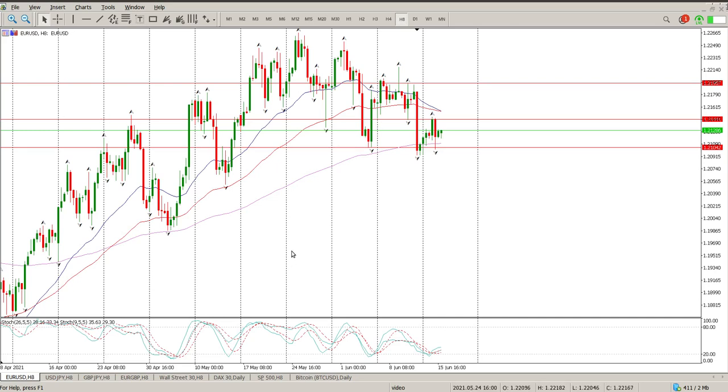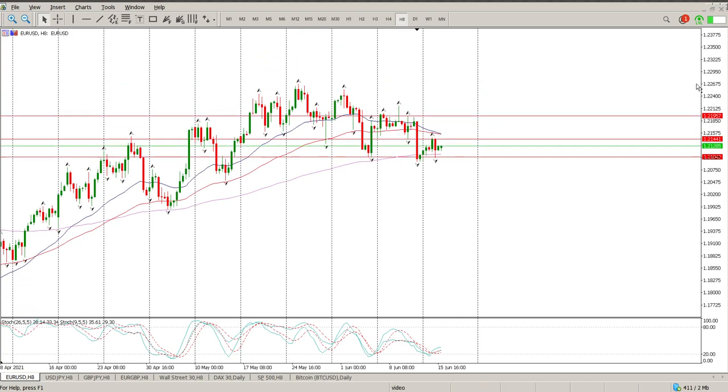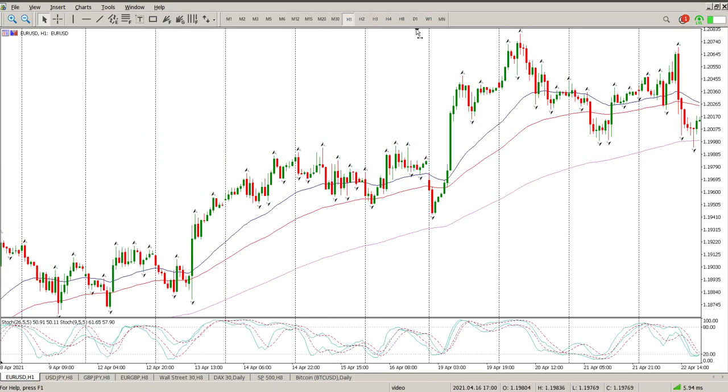So starting off with EUR/USD as usual, and remember we do have data coming out today. We're waiting for the Fed to come out with their results of their meeting today. So not really interested in this at the moment, and we are sideways on the 8 hour. Nice grouping to the downside on the oscillators at the moment. Could be a potential double bottom here, but we need to wait for the noise to come through before we